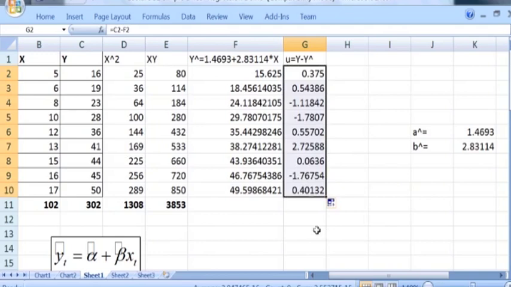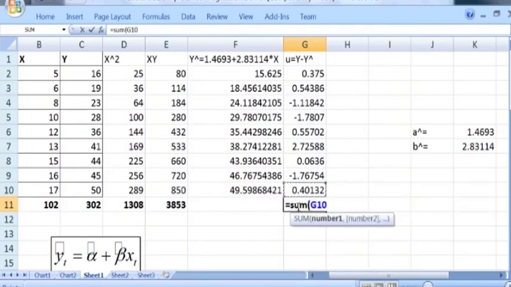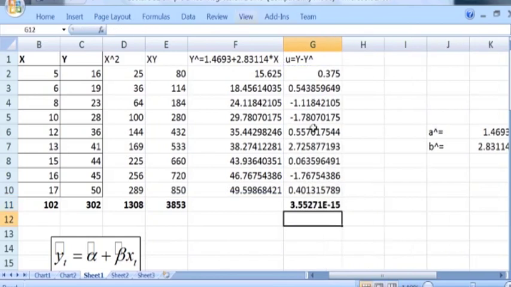So these are the residuals, and we need to verify that the sum of residuals is 0. So just put an equal sign and calculate the sum of these values. This should be 0. Press enter. You can see that it is 3.55271 e minus 15. E minus 15 means we have 0.0004 times 0 and then 3.55271. So this is approximately 0. If it is different from 0, it means you made some type of mistake. You need to cross check your calculations.